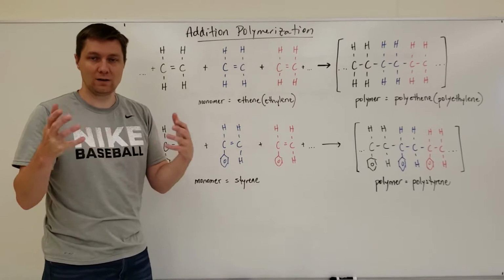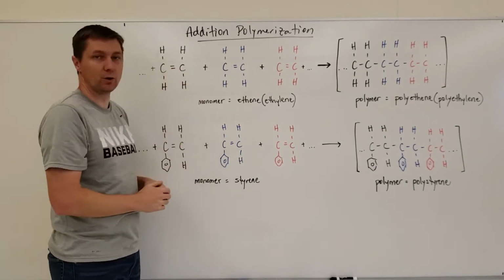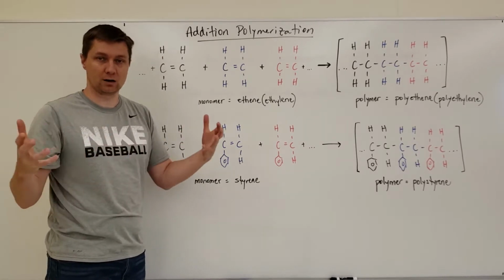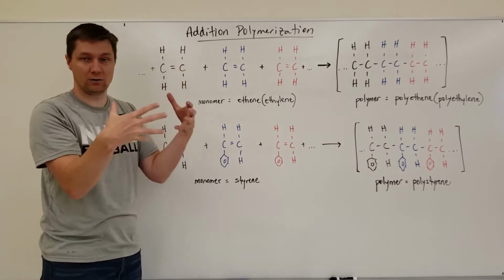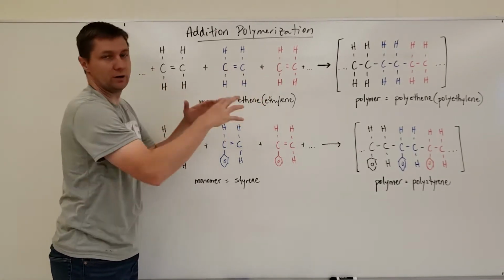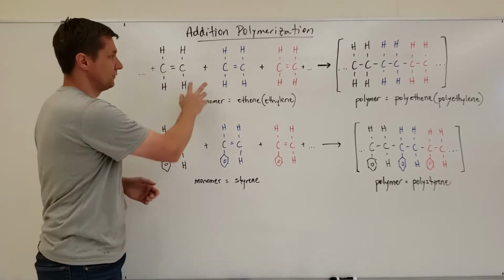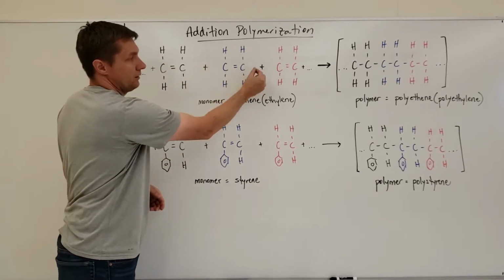And so the way that these monomers attach to each other is that this double bond is broken, which now opens up the octet for these 2 carbons to now get another bond attached to them. And so all these double bonds are taken out, and then these carbons attach themselves here and here into one